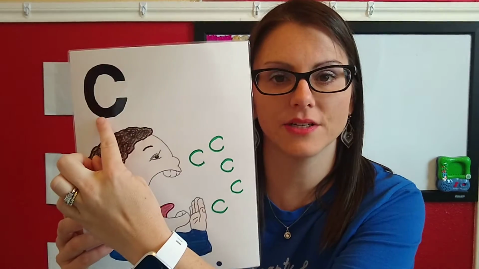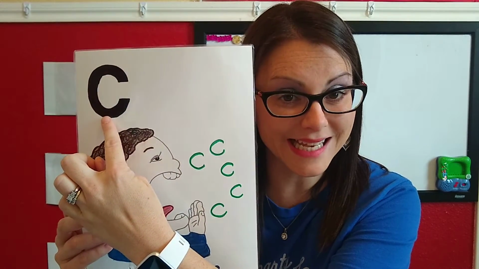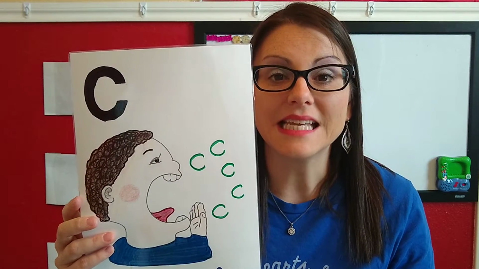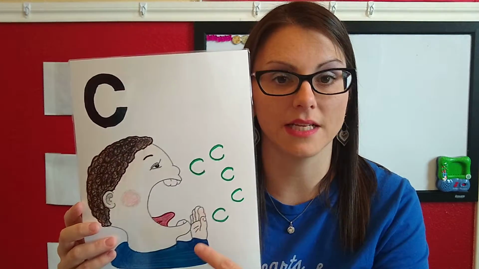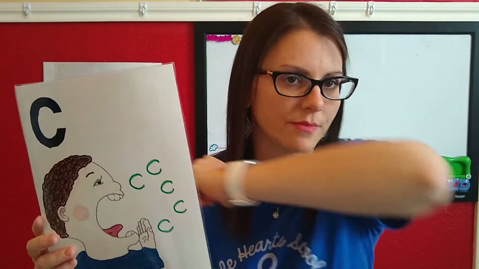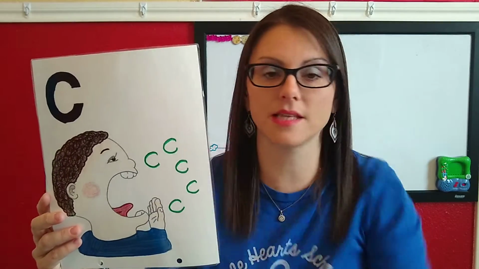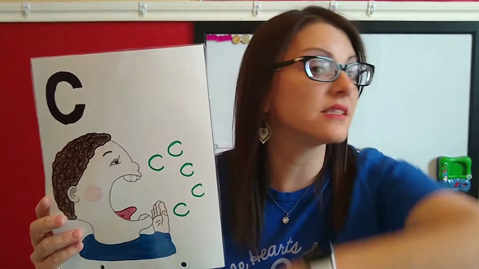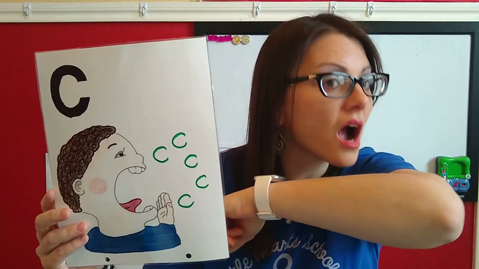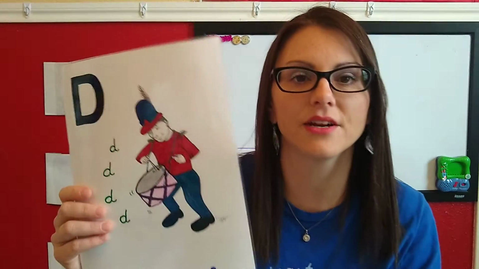All right. And our next letter is the letter C. Now C makes the k sound, and he's coughing into his hand. But we've talked about how we need to cough into our elbow. So we're going to cough in our elbow. So C makes the k sound. Can you do that with me? C says k, k, k. Very good. All right. And the next letter is